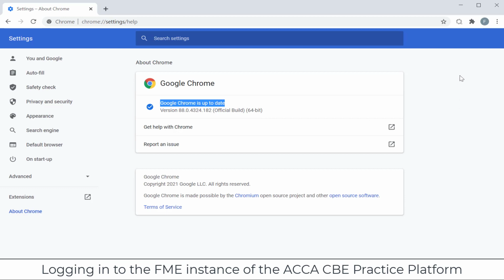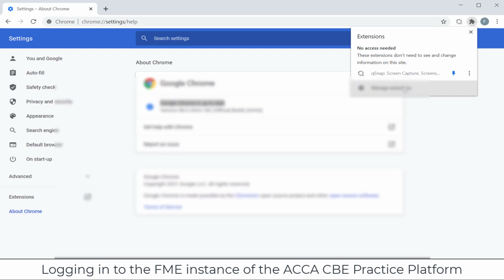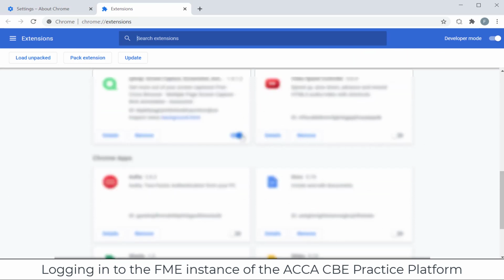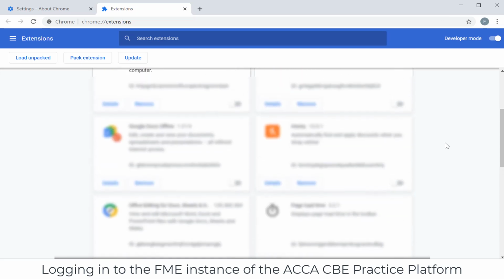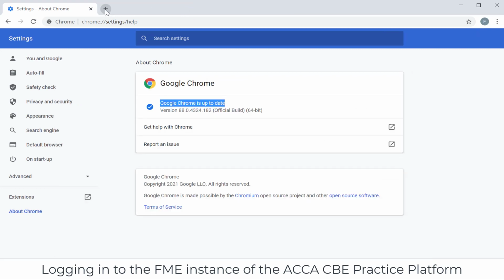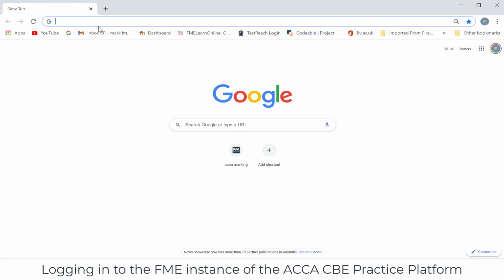The next thing we're going to check is that we haven't got any extensions operating. Now in this case we have got an extension operating in Chrome because we've got this little jigsaw icon up in the top right hand corner. So we're going to click on that and we're going to manage extensions, and we're going to scroll down until we can see an extension which is currently on, and we can then switch that off, and we can now see that the jigsaw icon has disappeared. So we can now close that window, open a new window, close the settings, and we've got a clean, up-to-date